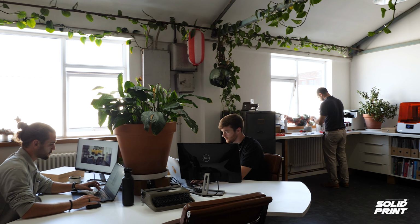We now have 3 members of staff. The intention is to grow that team slightly, maybe up to 4 or 5 people, bringing in a few different capabilities. One thing that would be nice would be to bring in one of the larger Formlabs printers so that we can do bigger parts in single builds, particularly now as we're moving towards working with some clients who are doing some larger consumer product